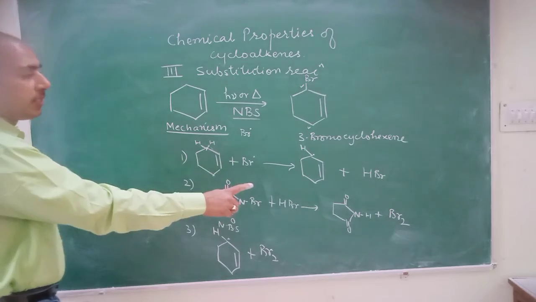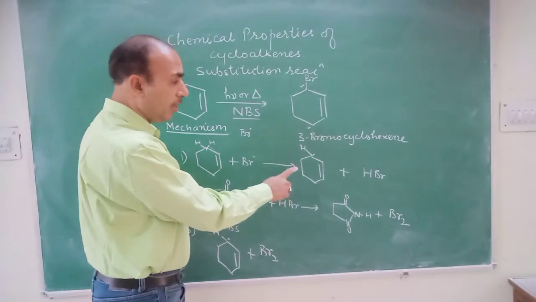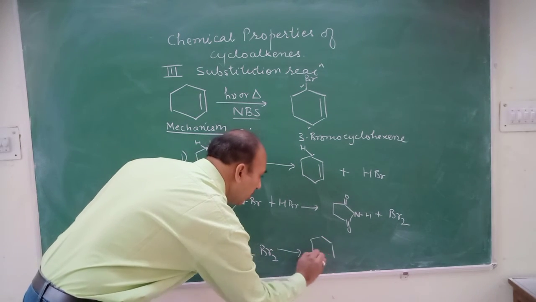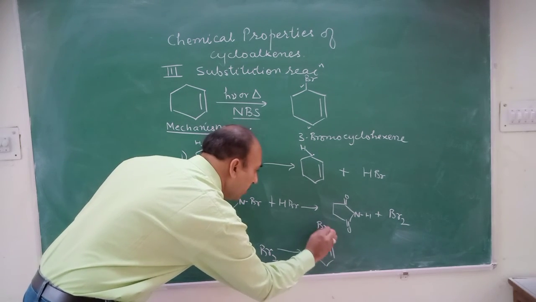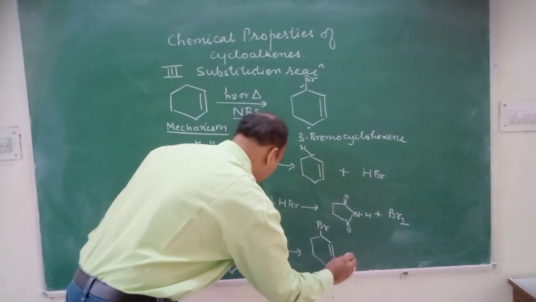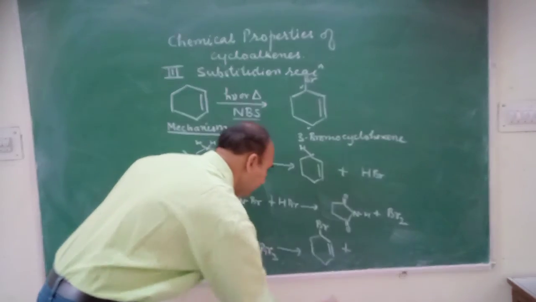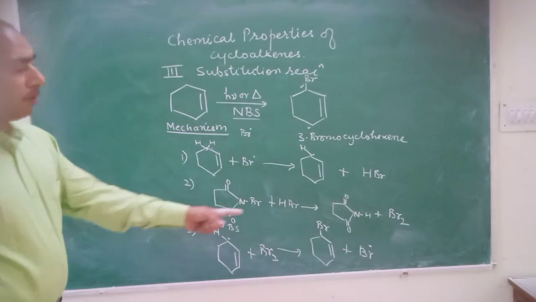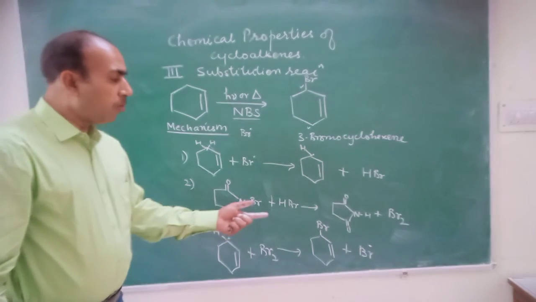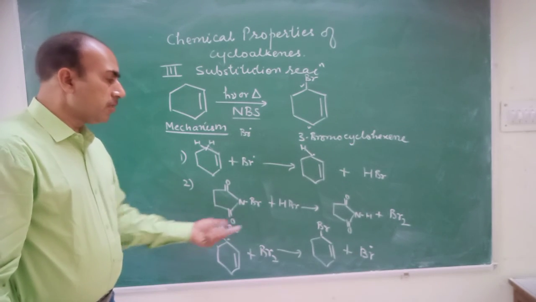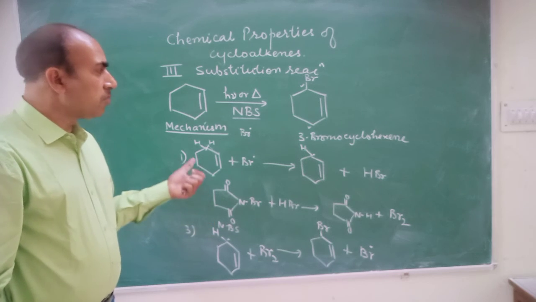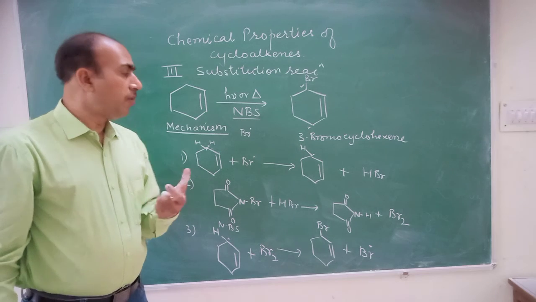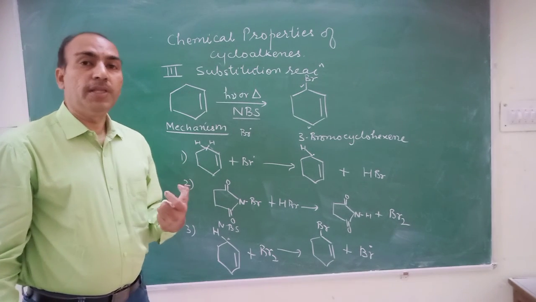The bromine formed in the second step reacts with the radical formed in the first step, and in this way we get the substituted product at the allylic position; the Br gets substituted at the allylic position, and again a Br free radical is generated. This Br free radical can carry out further substitution in cyclohexene. In this way, the mechanism works, and due to the low concentration of bromine, we get the substitution reaction and not the addition reaction.